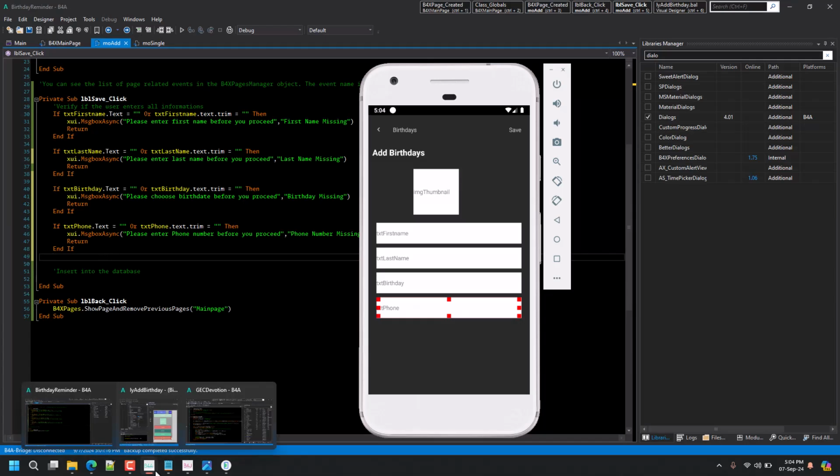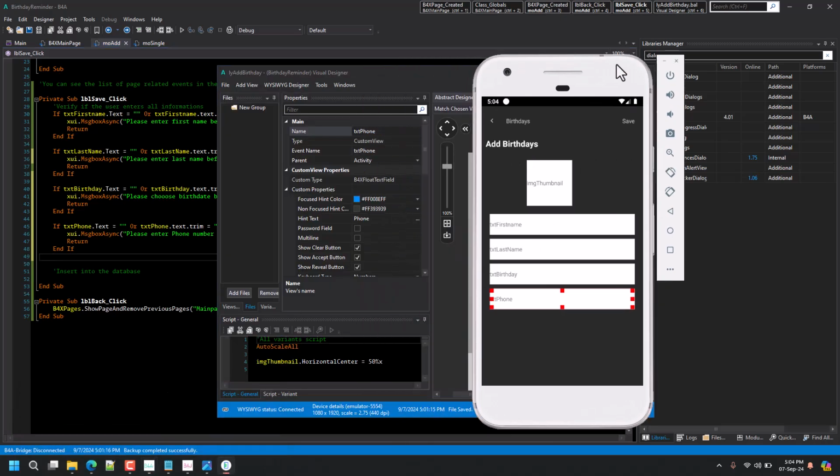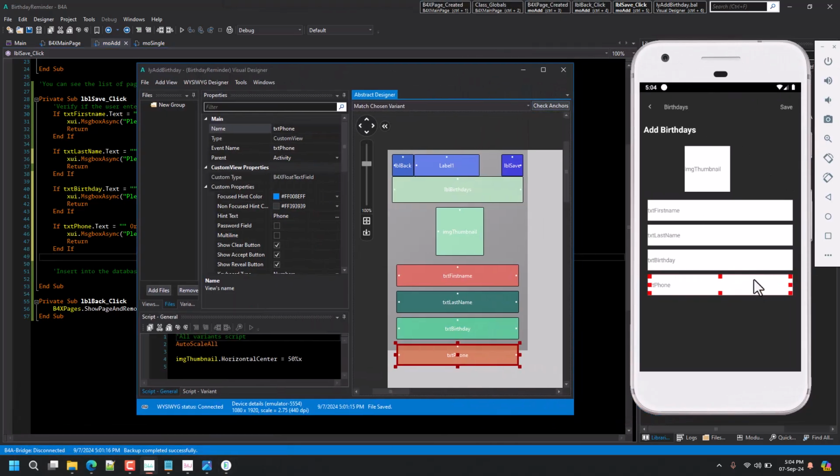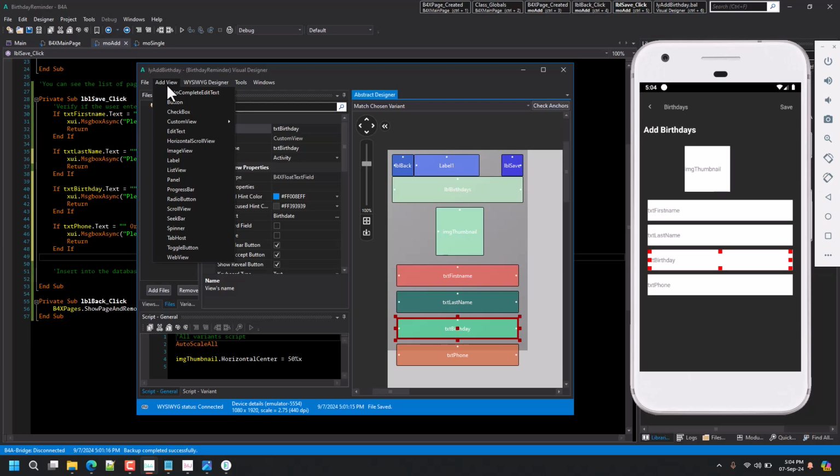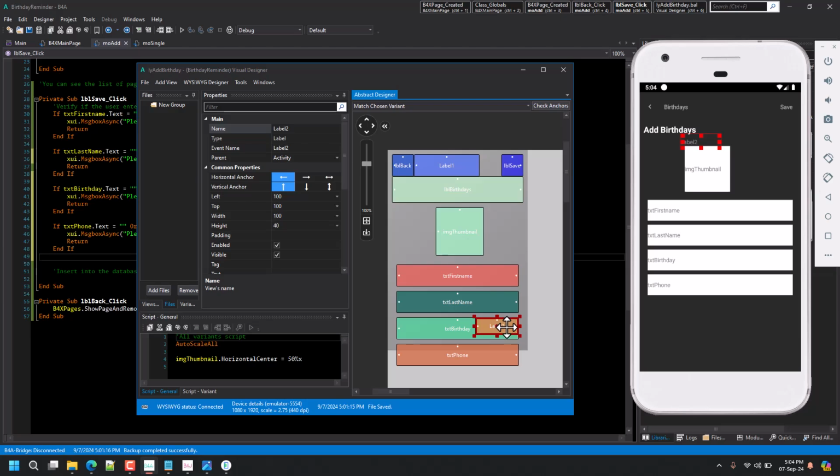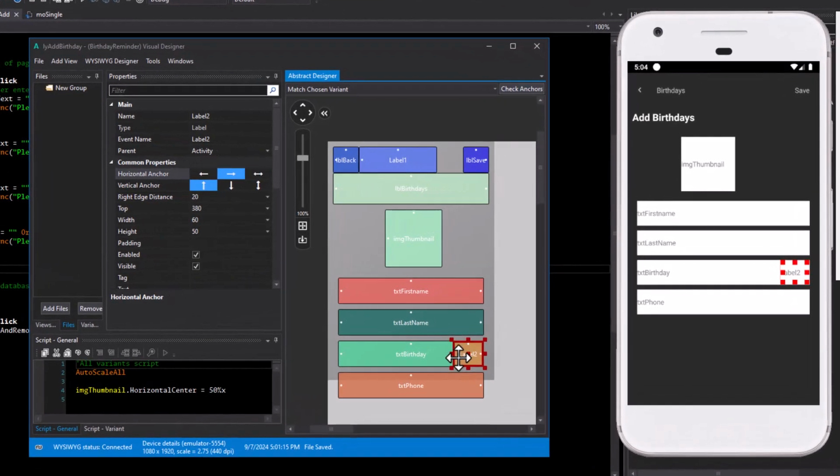Okay, so as I said, we'll do a very quick tweak to the UI. This is what we have currently. So the birthday, we'll add a label to the right of the birthday. Use the anchor to the right so it will be centered here, position to the right, and then let's name it label choose calendar,